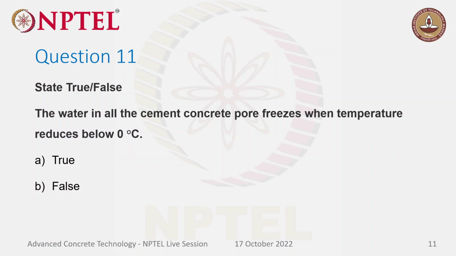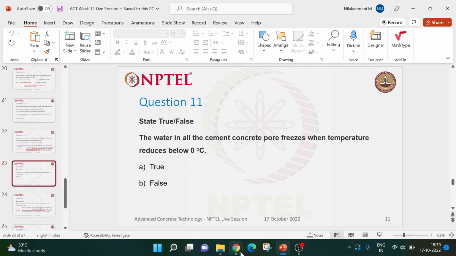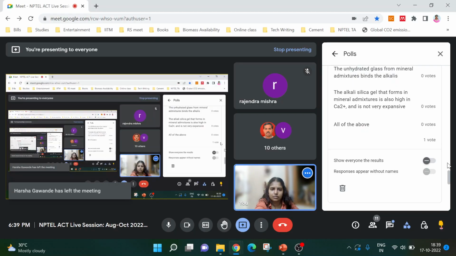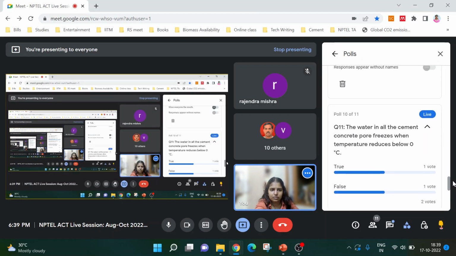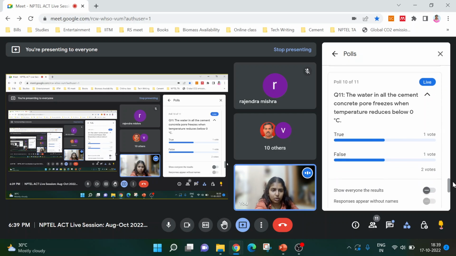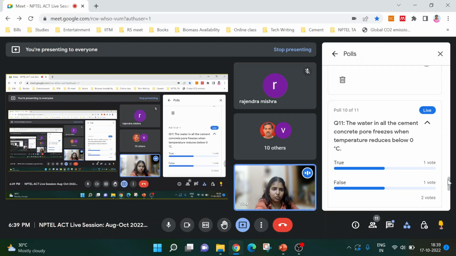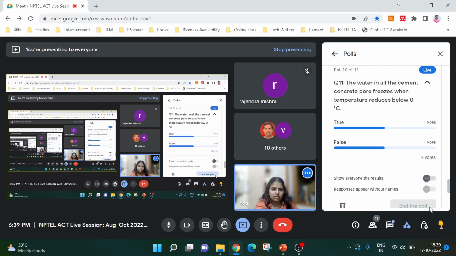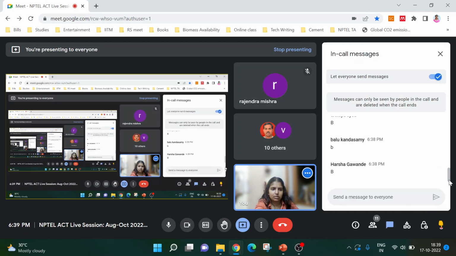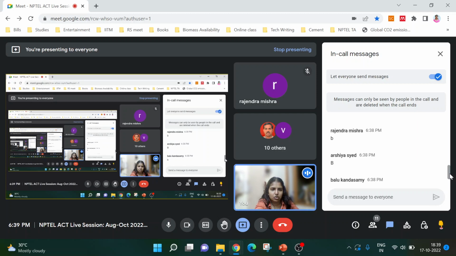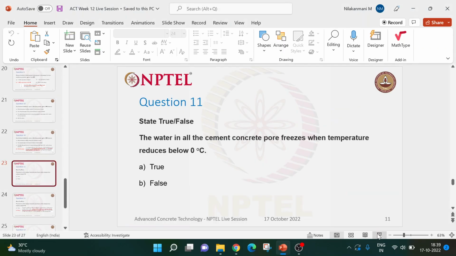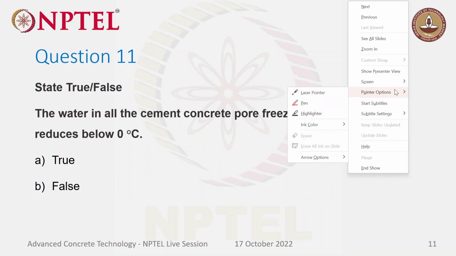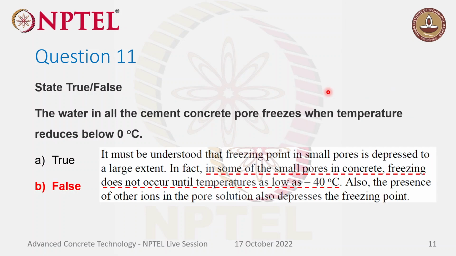Time is up. Let's see the class response. Okay, equal answer. One true, one false. Okay, most of you have picked false because you have picked option B. Now let's see the correct answer. So the correct answer is false because